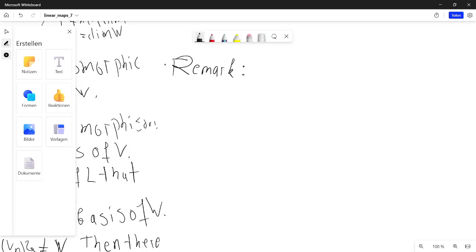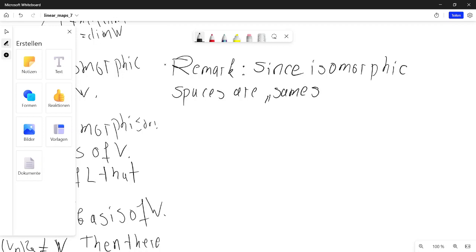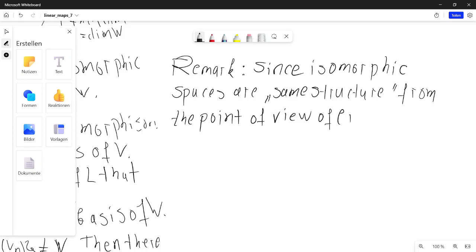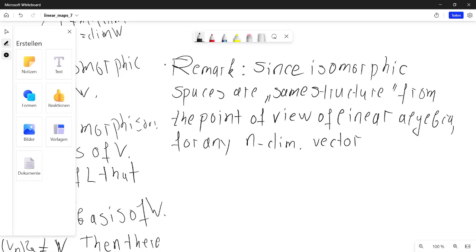Remark. Since isomorphic spaces are the same structure from the point of view of linear algebra, for any n-dimensional, where n is arbitrarily chosen, of course, vector space, that is for any vector space with a finite dimension, for any n-dimensional K vector space V,